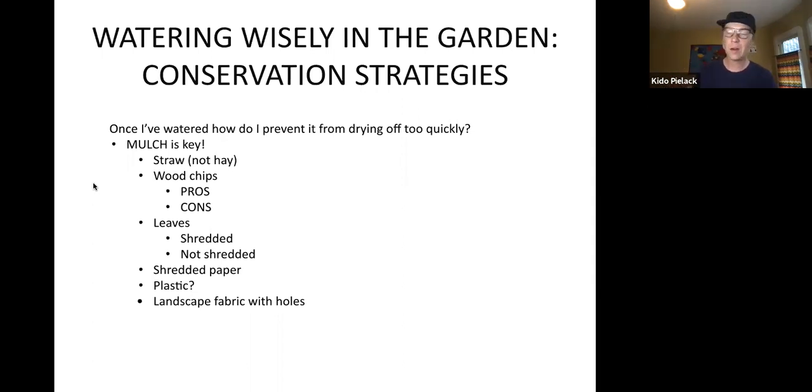They work better if they're shredded. So if you went and collected bags, or as you're doing your own leaves at your place, going over them with a lawnmower is a really awesome way to shred them up. Usually what I do is put them all in a pile, and you run the mower